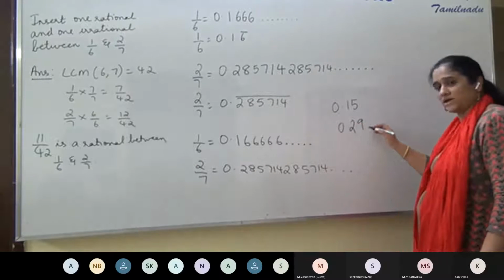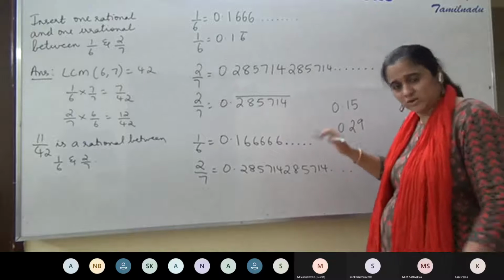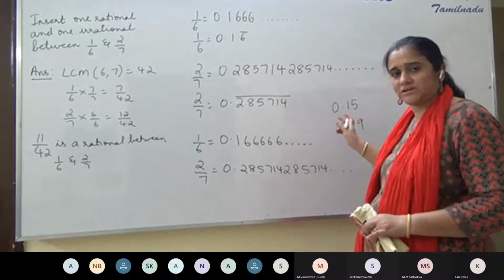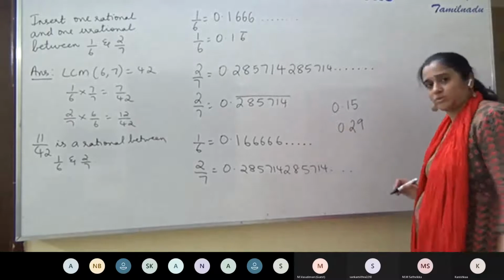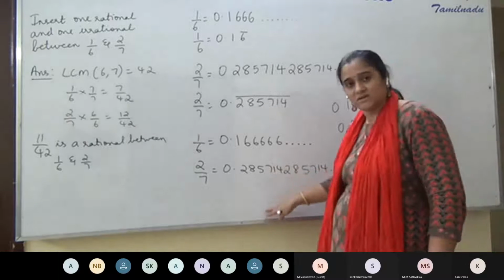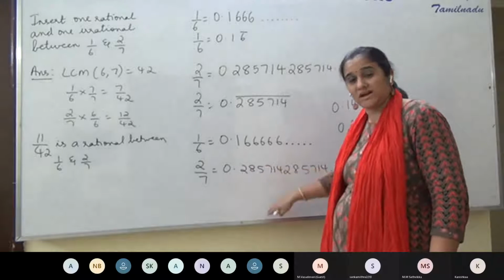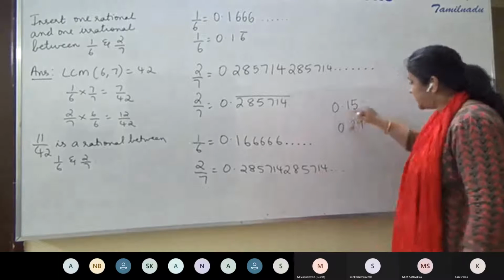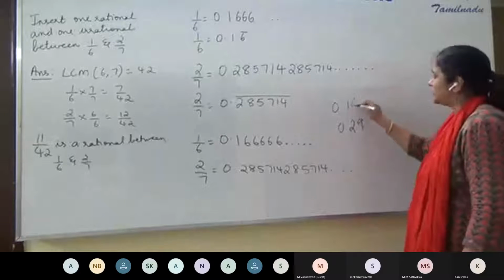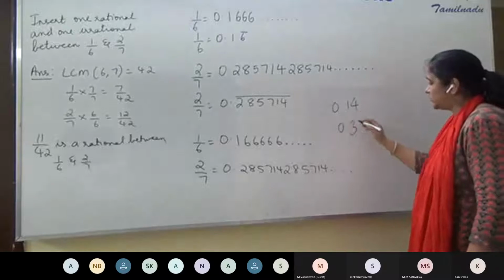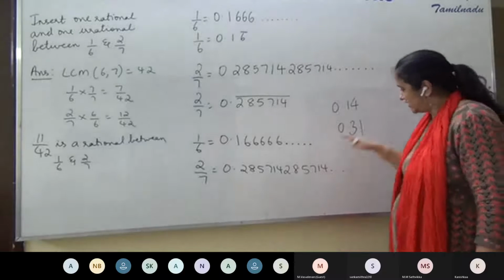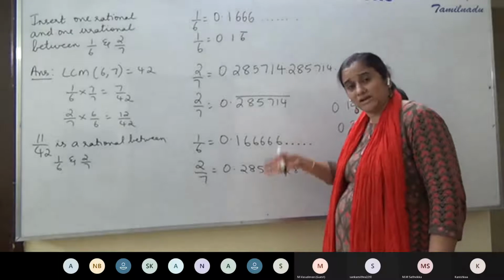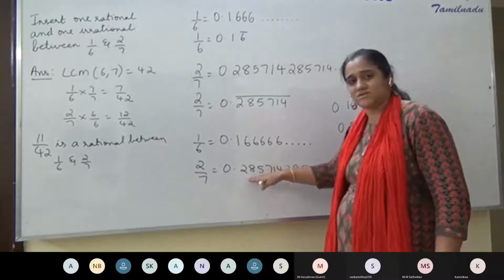And if I write 0.29, see, it's not just 0.29. I'm going to finish it, I'm going to give it a non-terminating, non-repeating decimal expansion. But then I can't start with 0.29 because it will be greater than this. 0.29 is greater than this number. I can't start with 0.15, nor can I say 0.14, or 0.3, 0.31. No, because if you start like 0.31, that will be greater than 0.28. 28, 29, 30, 31 is greater than this.